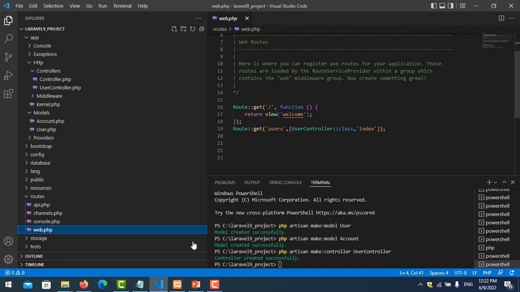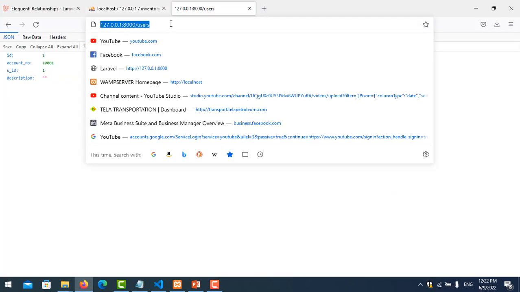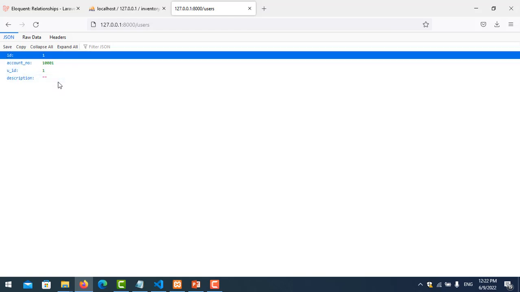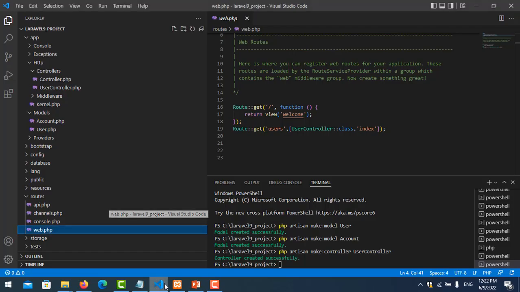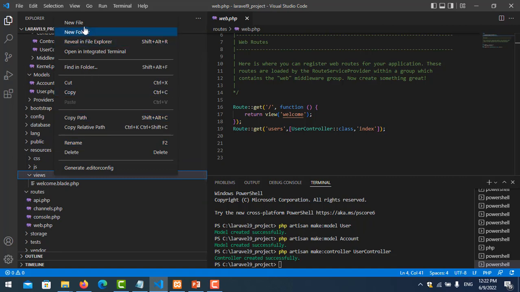Let me refresh my result from the previous video. Okay, this is the result. Now I want to show both account information and user information on a single page and display it in blade, in the view. So let me create one view. I go to resources, view, and create